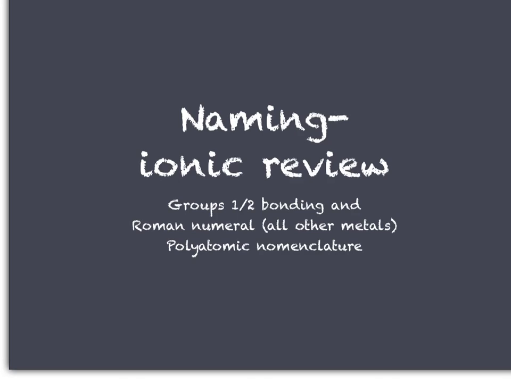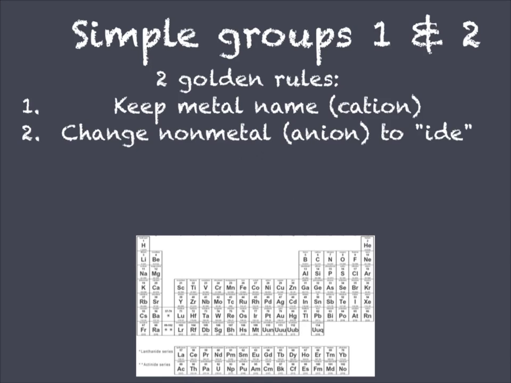Let's review how to name ionic compounds. Pause and review as much as necessary. Remember that in ionic bonding, I'm joining together metals and nonmetals. When I am joining together the groups 1 and 2 metals with nonmetals, anything on this side, the rules are really simple. I just keep the cation, the metal's name, and I change the ending of the nonmetal